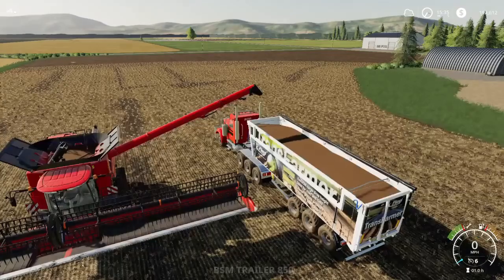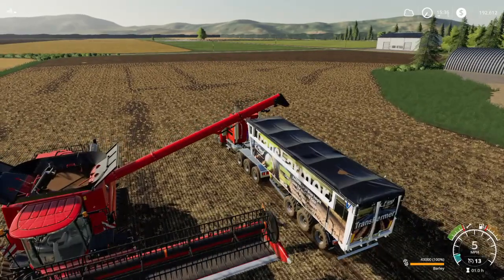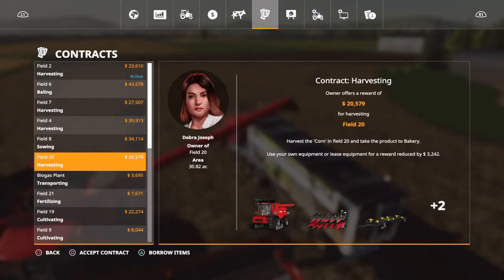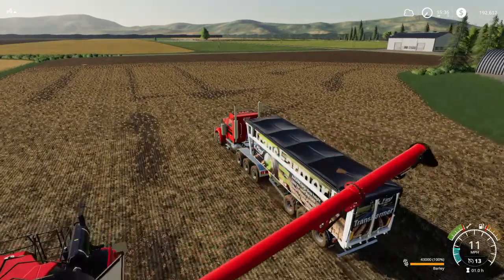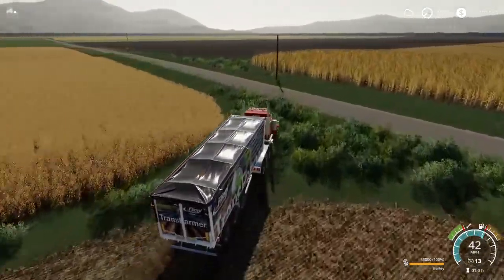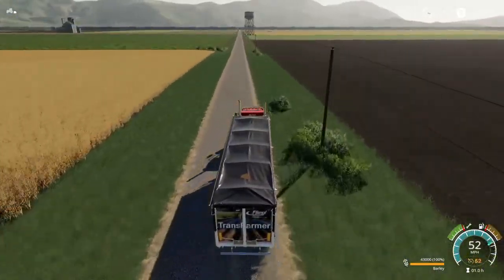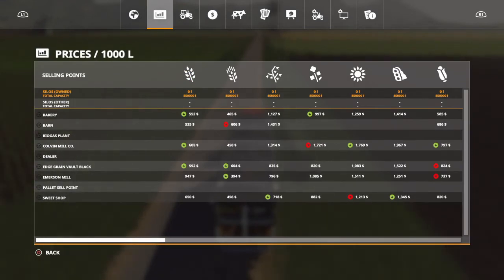Alright, let's hop into the semi again. Sorry for all the tabbing. So we will head on down there, and actually first let's check. It's going to save. Yep, knew it. Let's check to see how far the contract is complete. Yeah, here, 98%. So this load should complete the contract, at least I'm assuming it should. At 98% complete already, I'm thinking it definitely should complete it. Let's get that cruise control knocked up to 62 miles an hour. And as we're flying on the straight road here, let's take a look. Barley, best price is at...